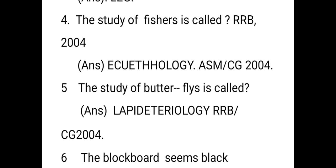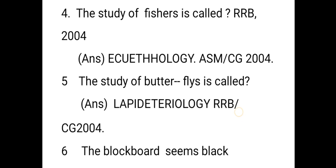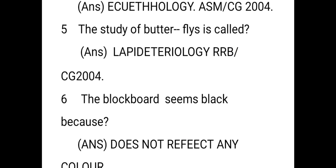The next question. The study of fishes is called, the right answer is ichthyology. The next question. The study of butterfly is called,